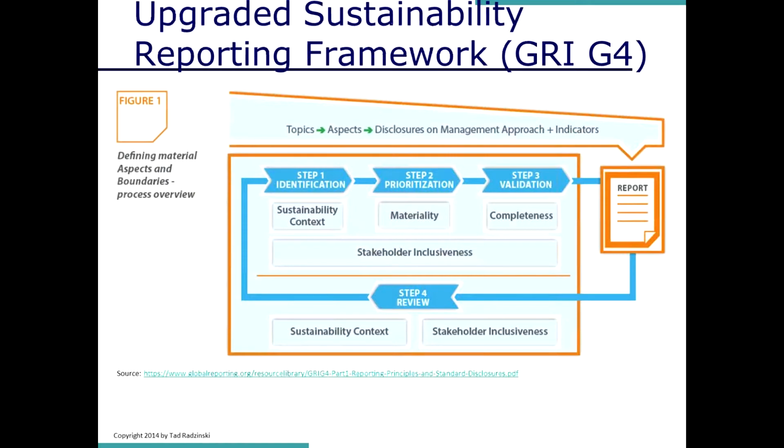So this is an example. This is a nice illustration. If you follow the Global Reporting Initiative version G4, they actually have some guidance in there to give you an idea of how to go about understanding what's important to you as an organization from a sustainability context. And again, using lists, looking at what's really critical to your business, a good way to do that. And if you notice here in this box, stakeholder inclusiveness pretty much follows all along through the process. So once you do your identification, where you're identifying what's critical to your economic, environmental, and social aspects of your company,